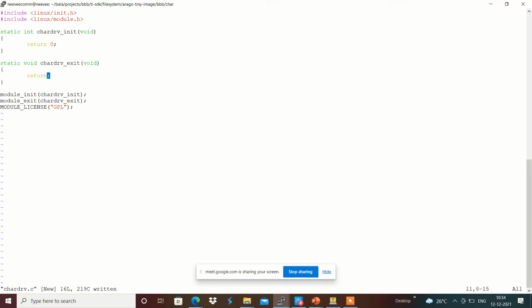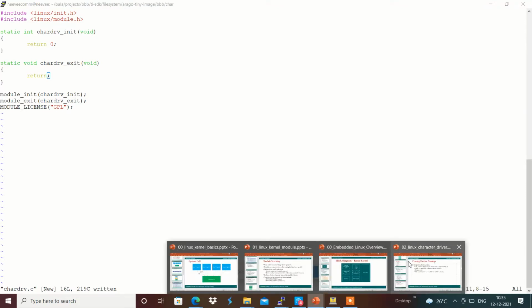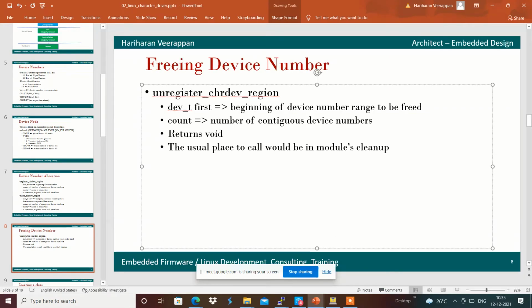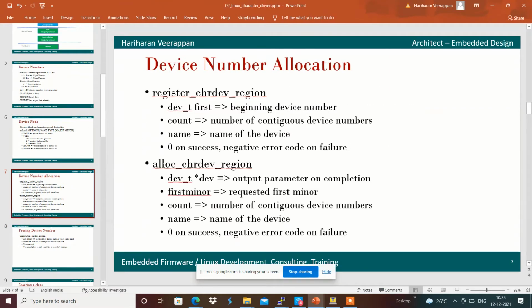Yeah, now I am going to allocate a character device region with the help of a function called register_chrdev_region, because I know that I have to create a device node using this major number and minor number.